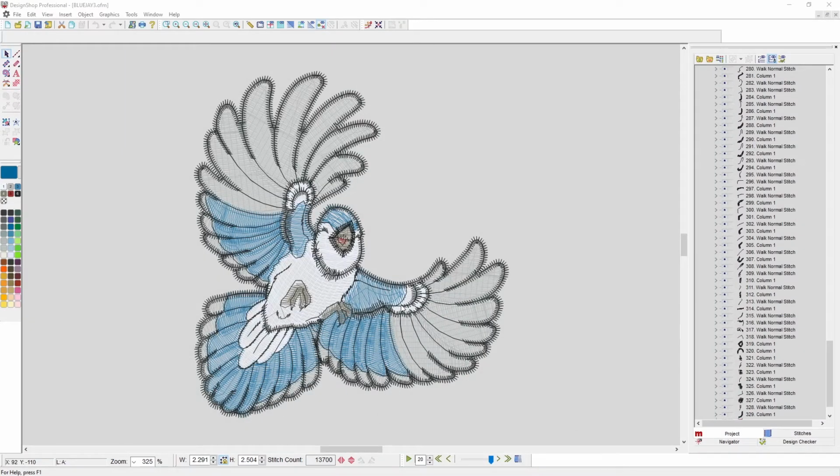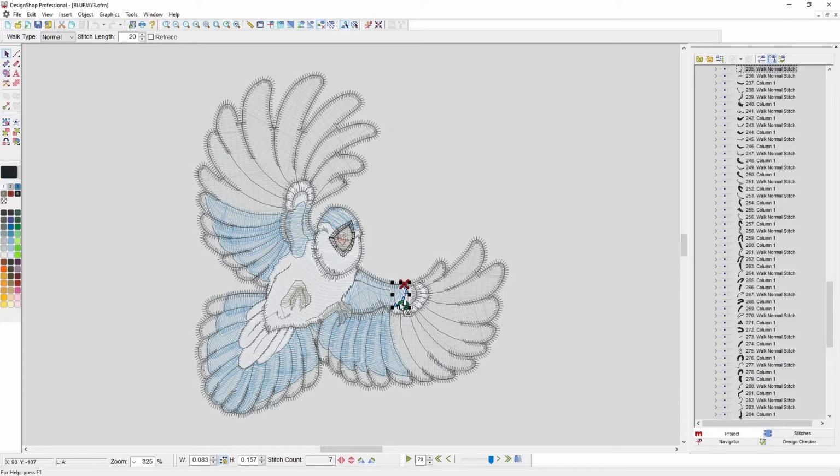When you're selecting in the view window, it's a little bit like your cursor is your finger, and whatever stitches you touch, that's what you can select. And it's a little hard to get down through those stitches. There's a couple of different ways to do that and a couple of tools to help you out. If I were to click right here, I'm selecting that detail part of the wing. And if I wanted the piece that was under it,